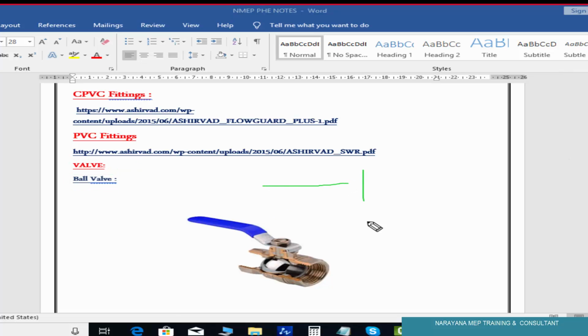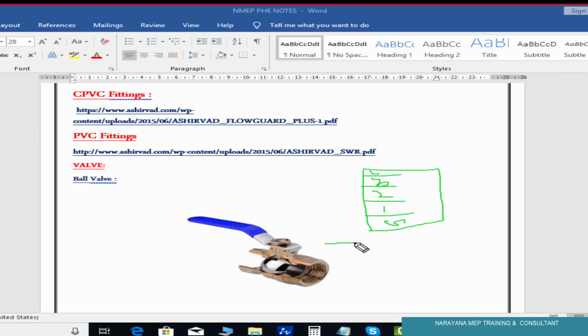Suppose this is a flat floor. I'm showing the schematic. This is the ground floor. This is the first floor, second floor, third floor, fourth floor. What happened here?